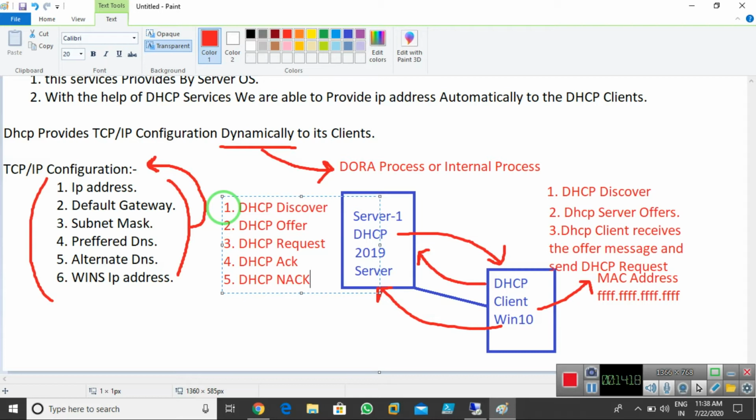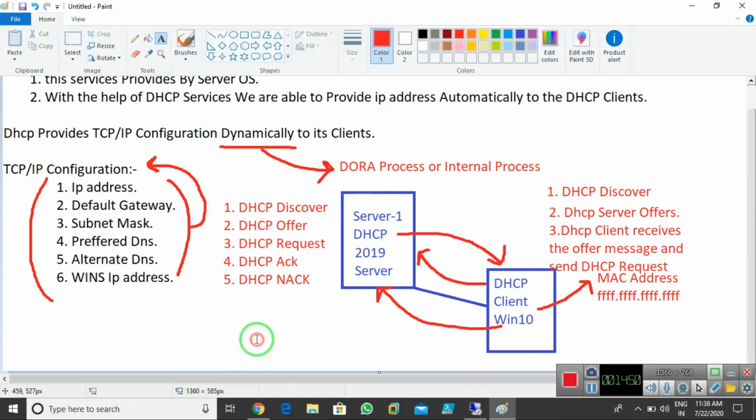It might happen that we have multiple DHCP servers as well. So when the client broadcasts with the help of MAC address, it might find multiple DHCP servers. So all the DHCP servers send their packets to the client. Then after that, the client chooses which packet it needs. Imagine it chooses from server 1, and then server 2, server 3, we have 2 servers more. So it sends their negative acknowledgement that I don't want your packets, like this.